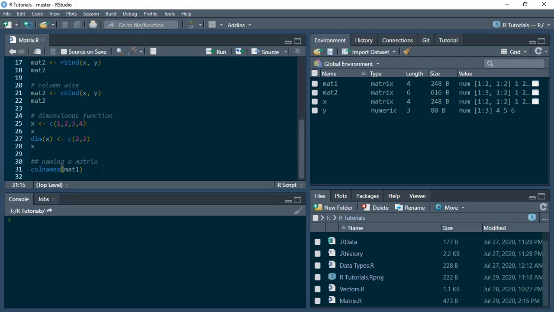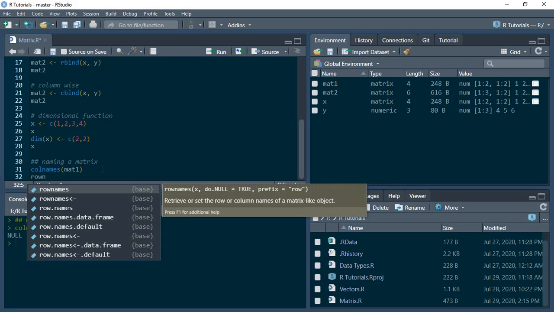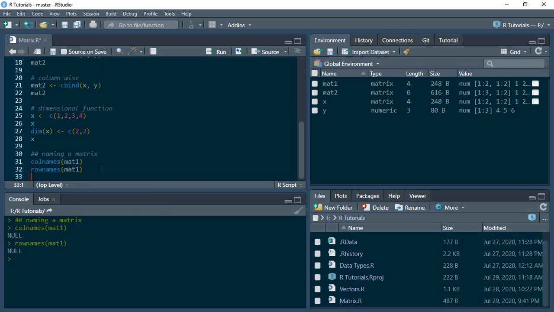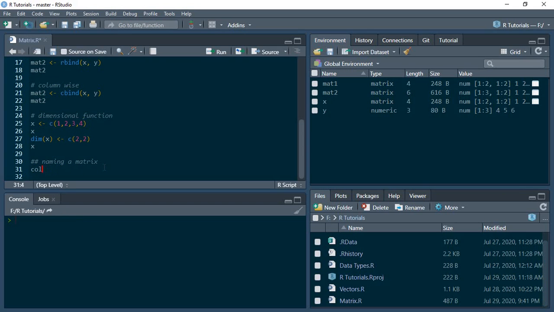As in the previous video, I showed you that when you look at the column names of the matrix mat1, it is null, and the row names of mat1 are also null. So let us give them some names. When you look at mat1, let's see how it looks. It is a 2 by 2 matrix. So we're going to use